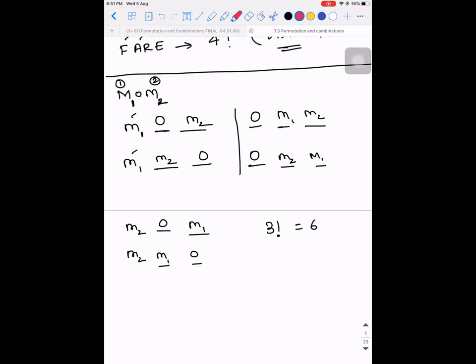Sir, which one, in M1? This is the same. This is the same as what? M2 or M1, sir. This and this are the same. Okay, now I'm using another color. M1 M2 O is the same as M2 M1 O. Okay, that's right. O M1 M2 is the same as O O M2 M2 M1. Am I right?